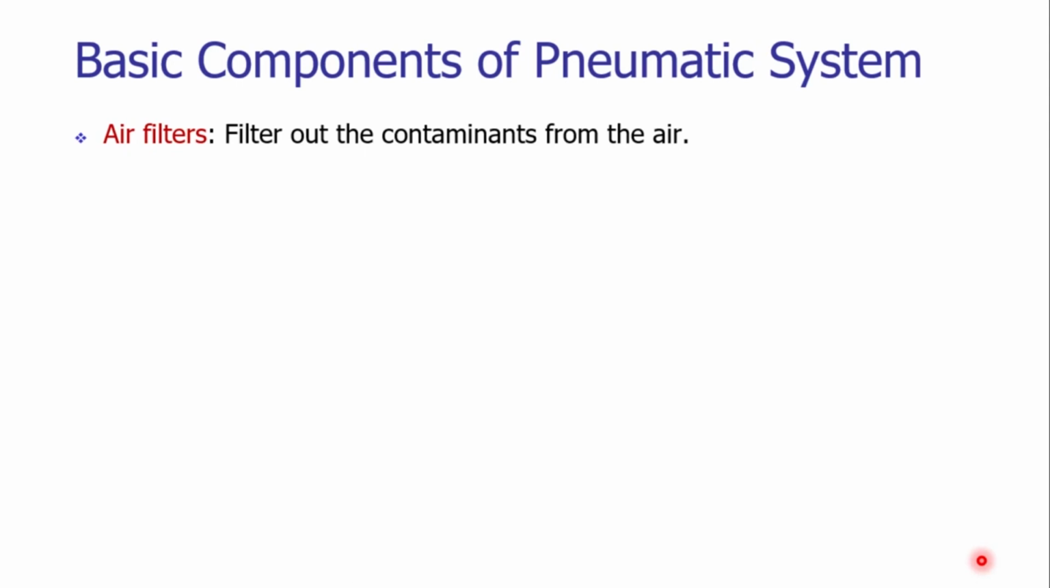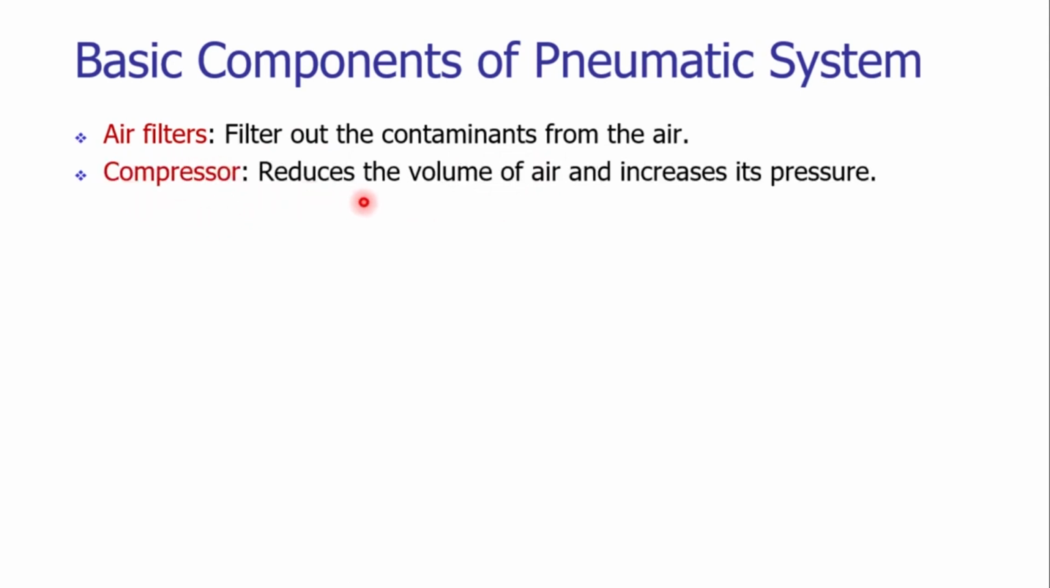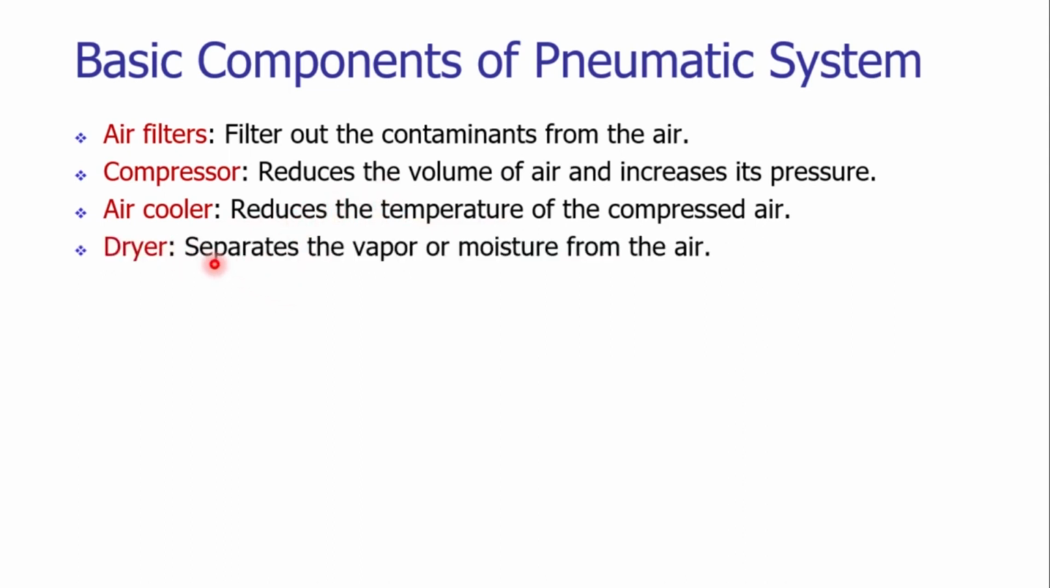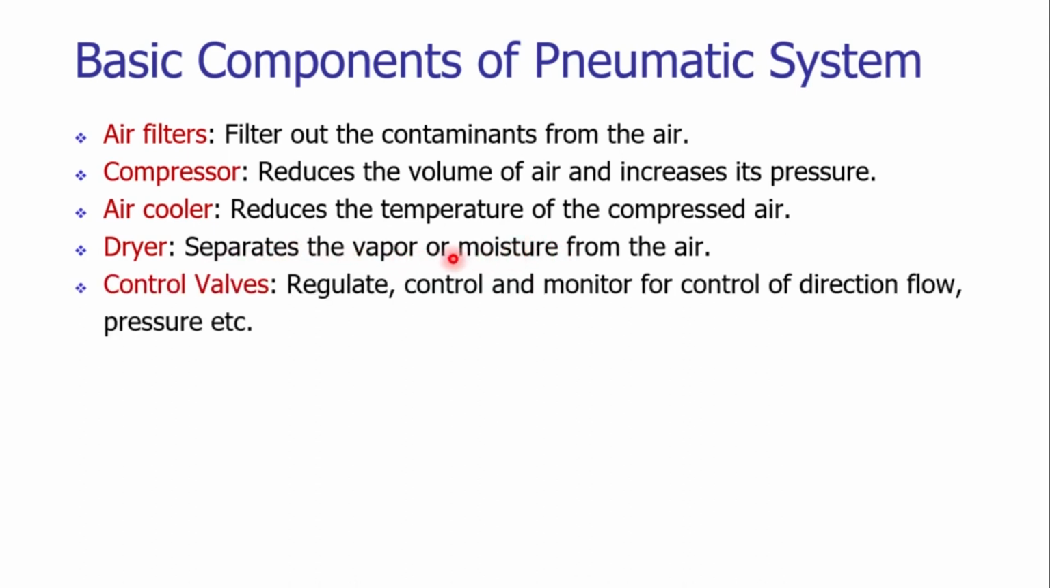So air filters, as it is mentioned, they are filtering out the contaminants from the air. The compressors are reducing the volume of the air and they are increasing the pressure of the air. The coolers are reducing the temperature of the compressed air. The dryers are separating the vapor or the moisture from the air. There are various control valves, and the control valves are carrying out their regular duties such as regulation, flow control, and monitoring of the pressure